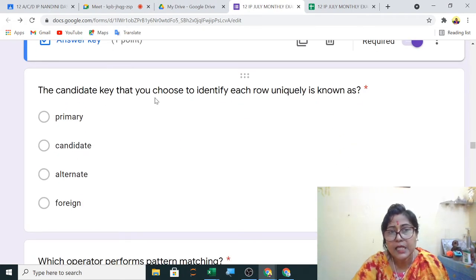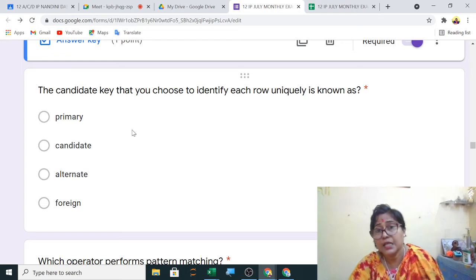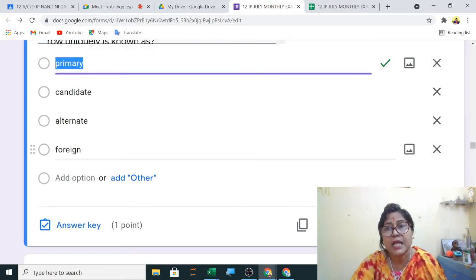The candidate key that you choose to identify each row uniquely is known as the primary key, so the first one is the answer.